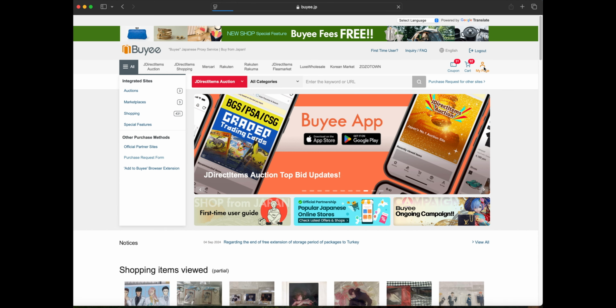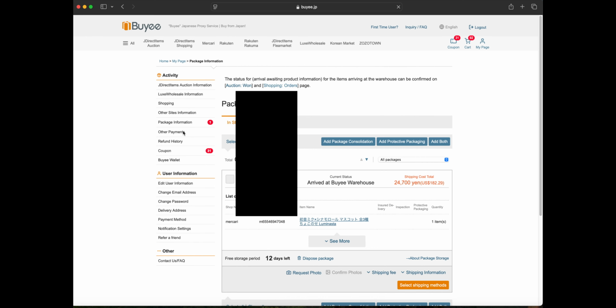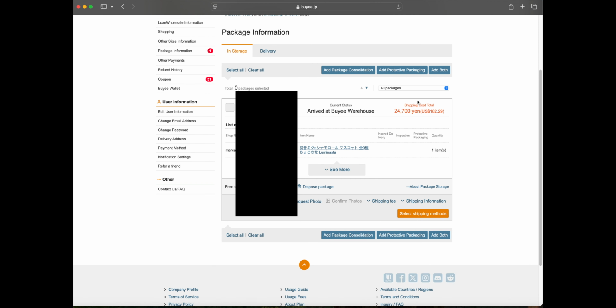And then a few days later, I got an email telling me that my package consolidation was complete. So we are going to go check that out. So again, my pages and then package information. See, it went from 11 to 1, so it has been consolidated. And here is going to be your total cost. Obviously,